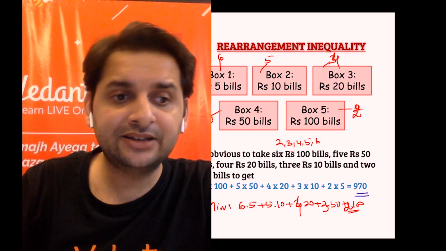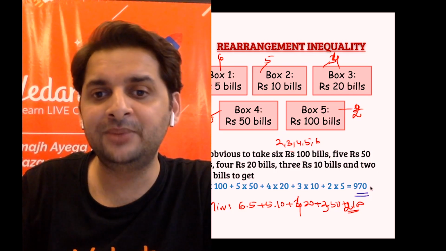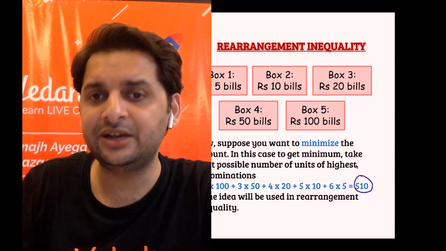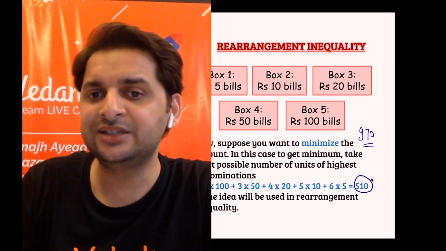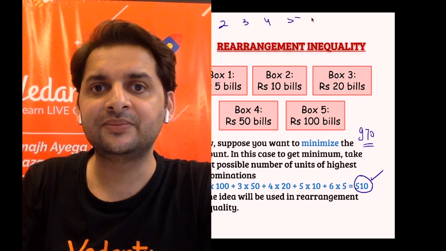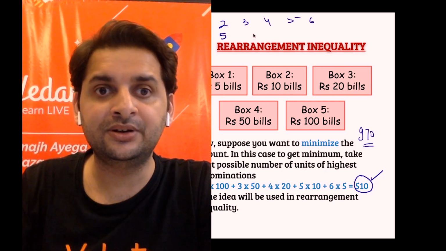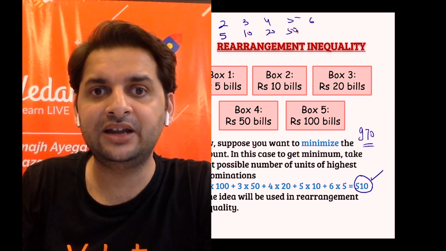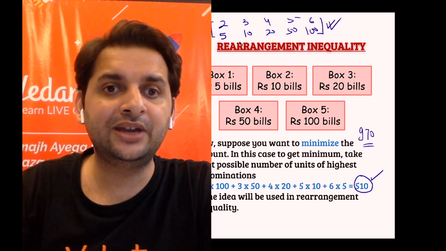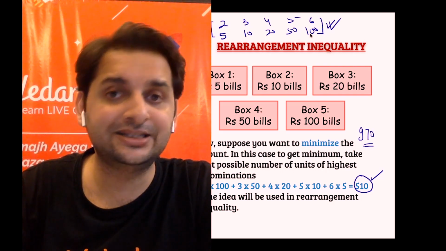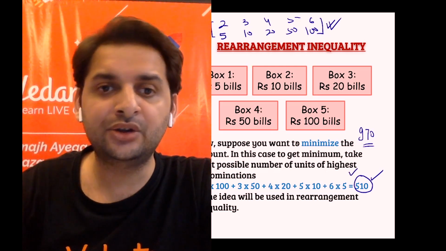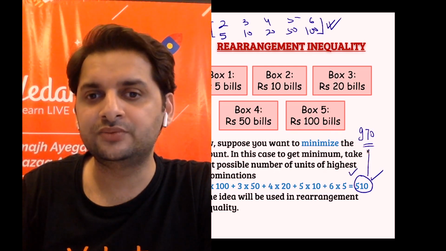The idea is, for any other permutation of 2, 3, 4, 5, 6, the amount of money will be between these two. So this is the minimum amount, 510, and 970 was the maximum amount. And this is very easy to calculate. If you arrange both the sequences, that is 2, 3, 4, 5 and 6, and the other sequence, notes 5, 10, 20, 50 and 100, in ascending order, this will be the maximum amount. And if you arrange one of the series in ascending and the other in descending order, this would be the minimum amount. For any other arrangement, the amount of money that you can withdraw from the boxes would be between these two.